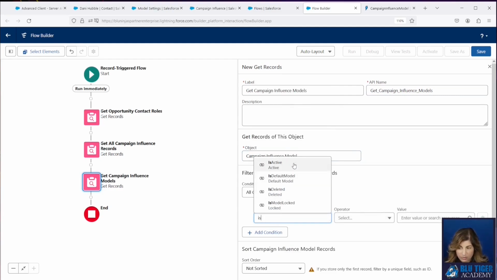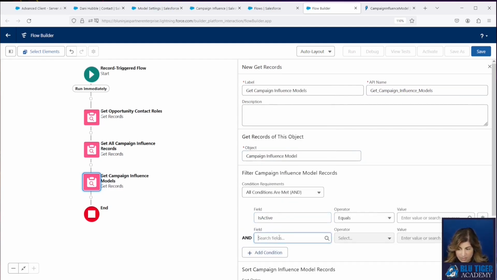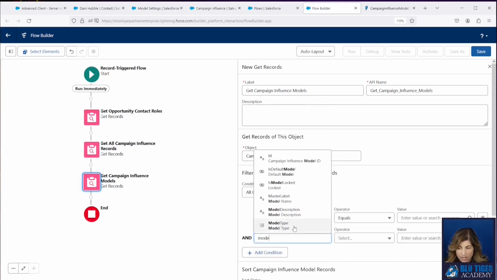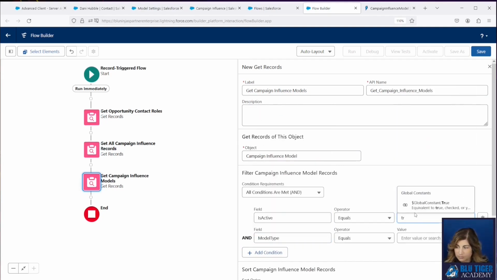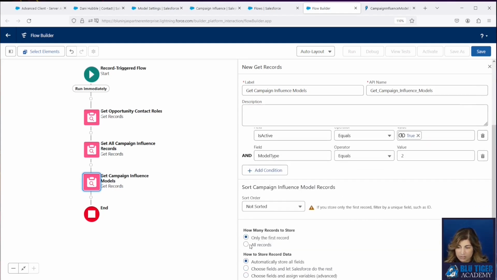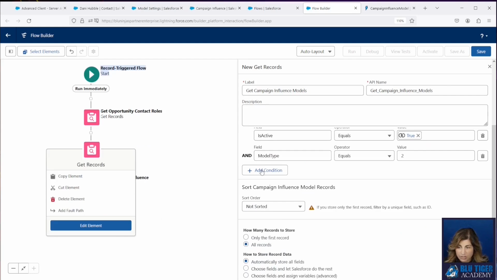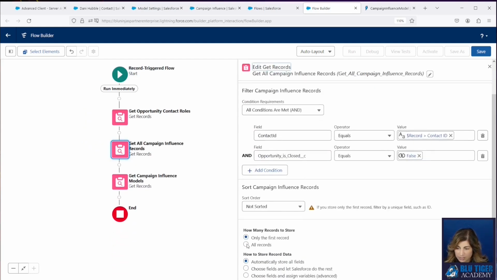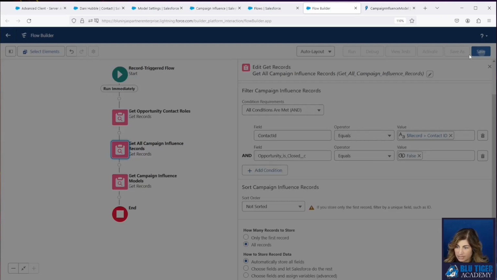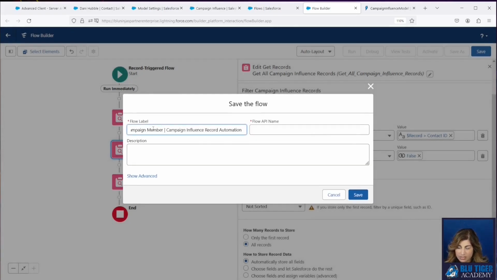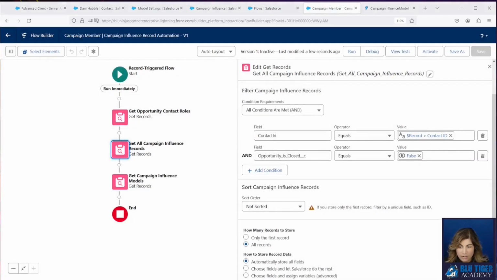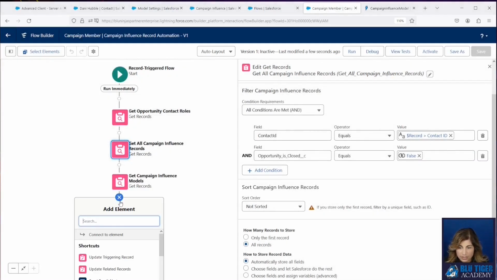We're only going to look for the active ones and the ones with a model type of 2, and then we want to get all records there. Let me make sure I put all records up here because I always forget that. All right, let's save this. I'm going to call this campaign member, campaign influence record automation. Okay, now we're going to loop campaign influence models.